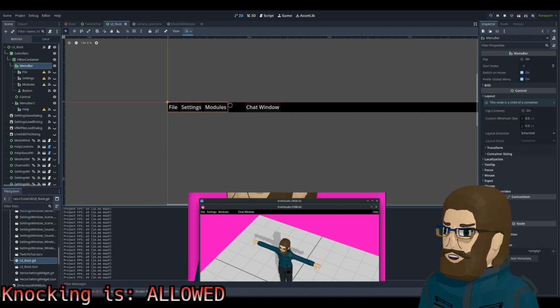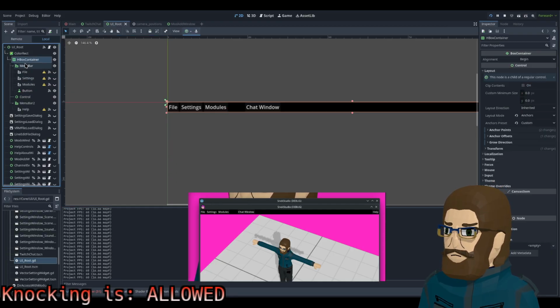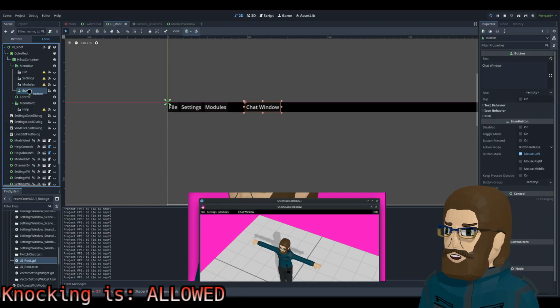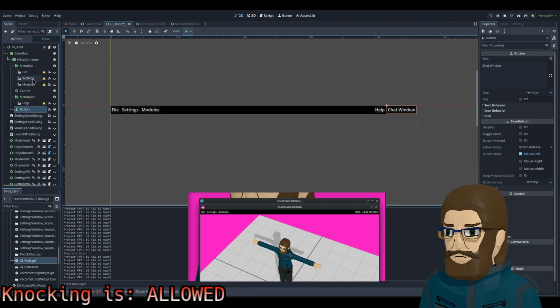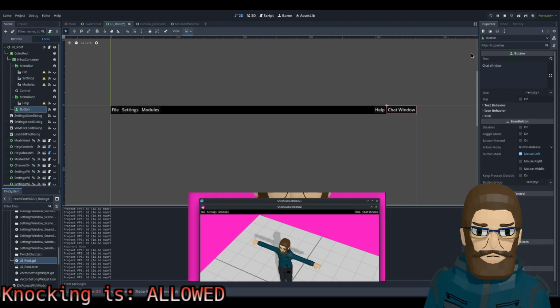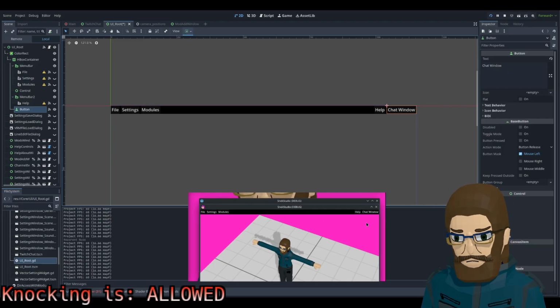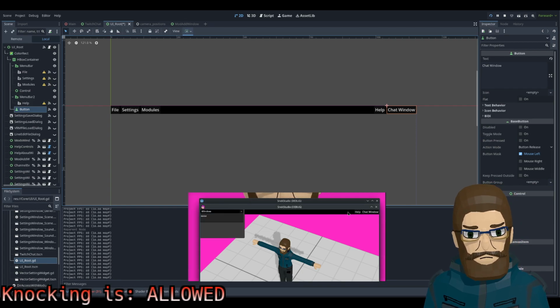But the button... maybe I need to move it. Can I make you a child of that? Oh shit. Aha, okay. I think that might work. And that live reloaded. So if we do...